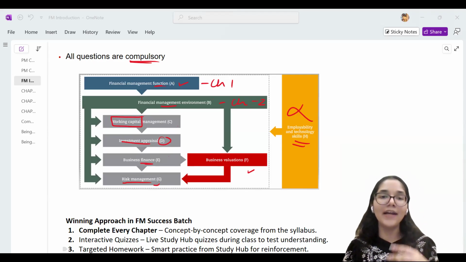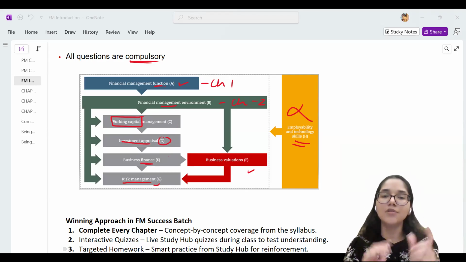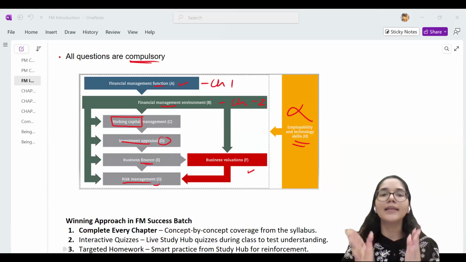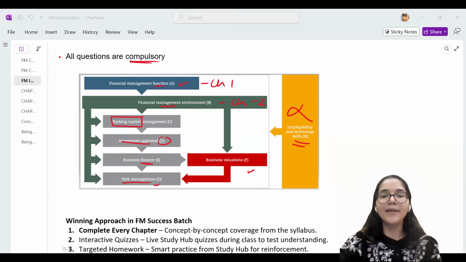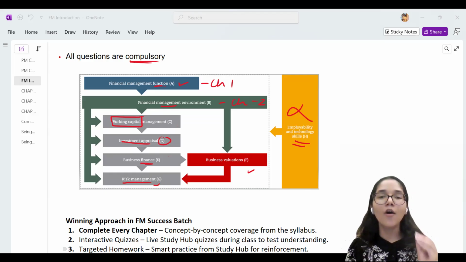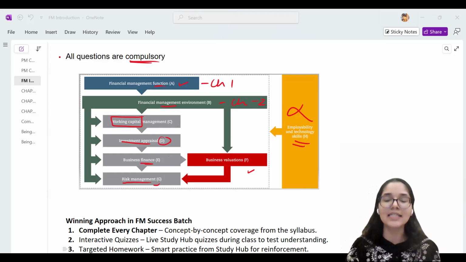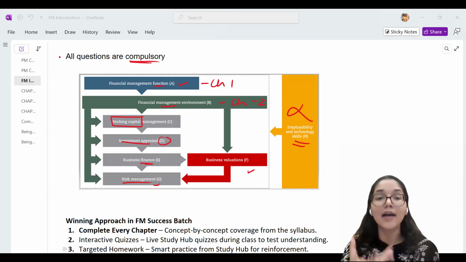Risk can be favorable also. It can affect you positively also. It can affect you negatively also. So in the same COVID example, the people in the aviation, tourism and travel industries were all negatively affected. But can you think of somebody who benefited in this scenario? Which industry had actually a boom during the time of COVID? Who will tell me? Absolutely correct, Nidhi. It was the healthcare, the hospitals industry. Hospitals were booming with profits. The pharmaceutical industries, the companies manufacturing medicines, absolutely correct. The pharmacies, the nurses, the doctors, the healthcare workers were being paid a lot.